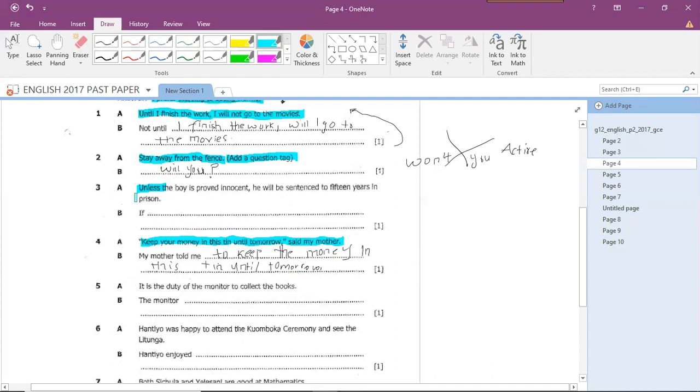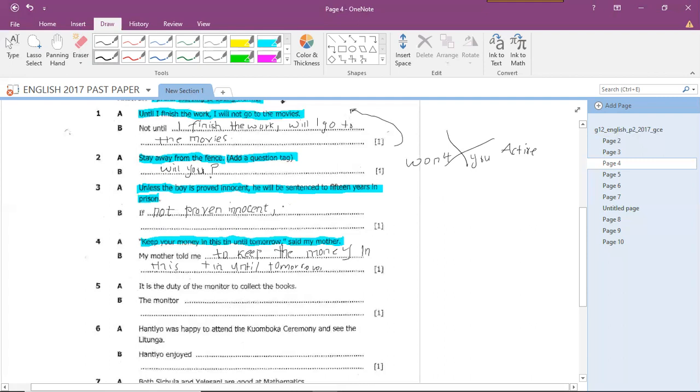So question 3 states, unless the boy is proven innocent, he will be sentenced to 15 years in prison. Unless the boy is proven innocent, he will be sentenced to 15 years in prison. So here we have to transform it as: if not proven innocent, comma,